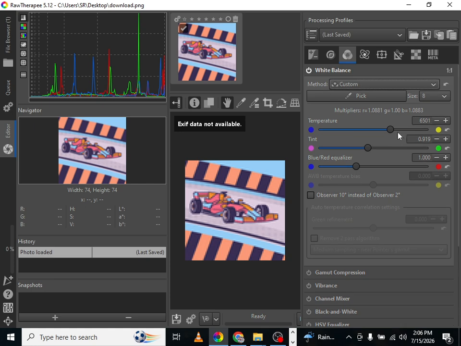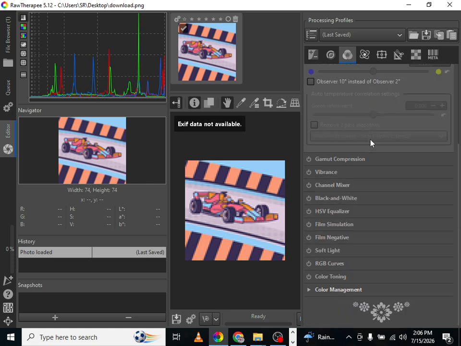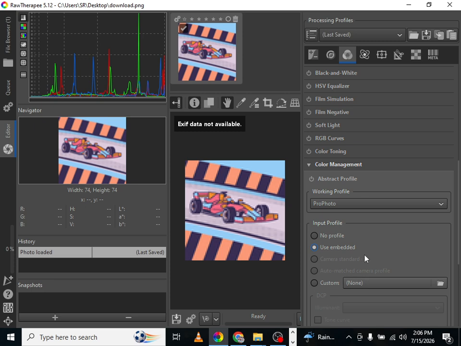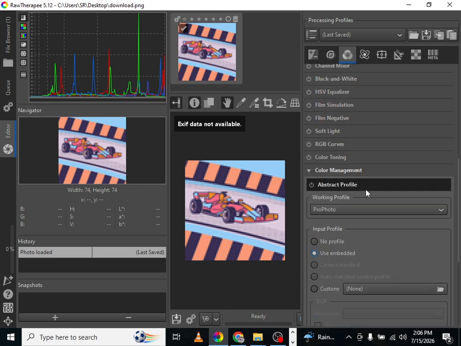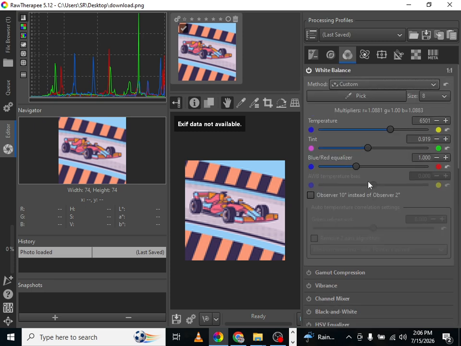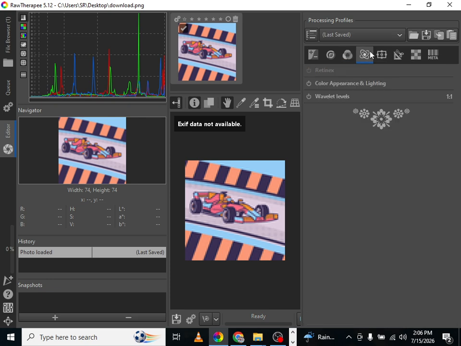If your image needs more color, increase the vibrance or saturation slightly. For a sharper image, use the detail section to apply sharpening, but avoid overdoing it to keep the photo looking natural. You can also crop the image, straighten the horizon, or reduce noise if the photo was